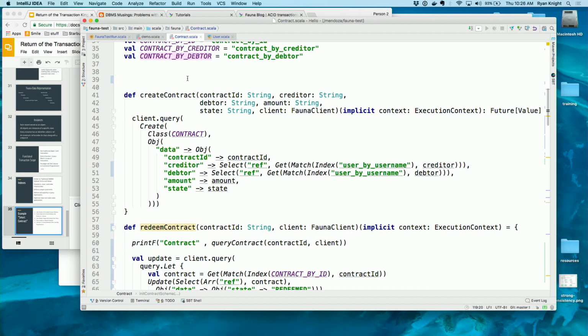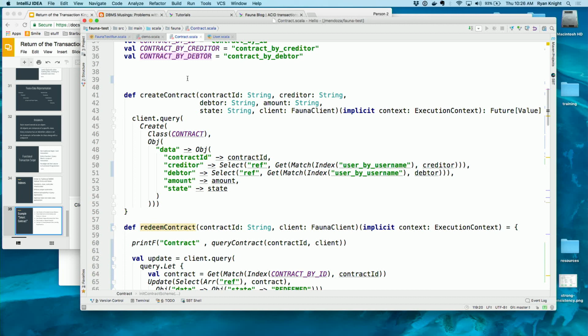So if I get a request from the client saying I want to match user Hydro and user Bob and create a contract between them, instead of having to go to the database and look up user Bob, then look up user admin, and then get those values back, and then create a contract and store that back in the database, I can do this all in one functional chunk.